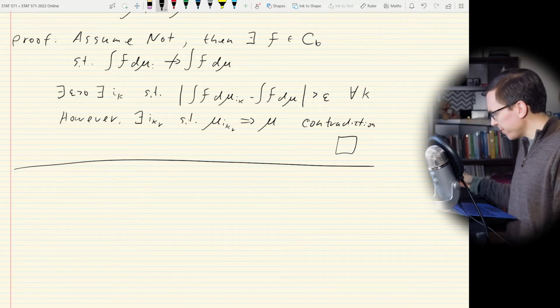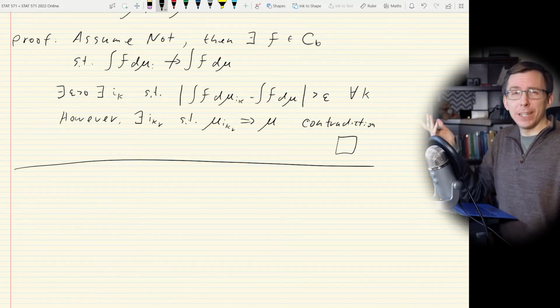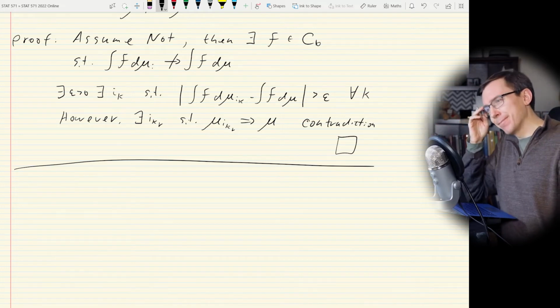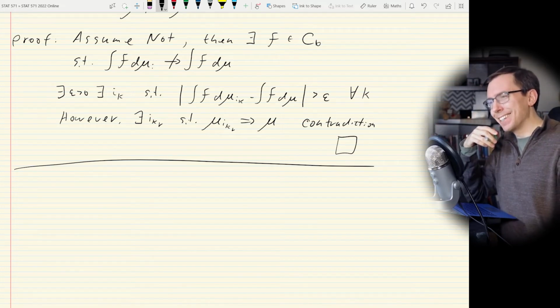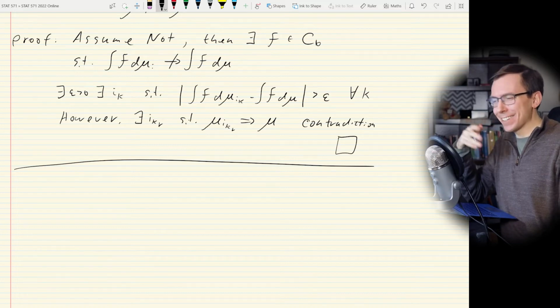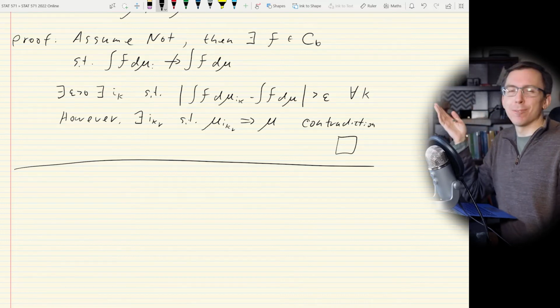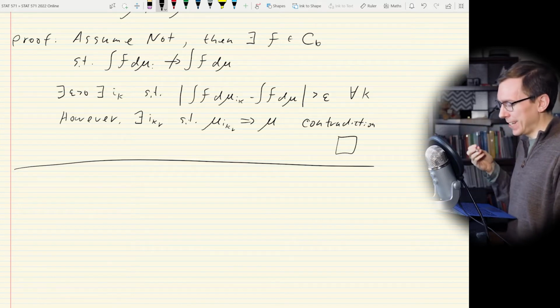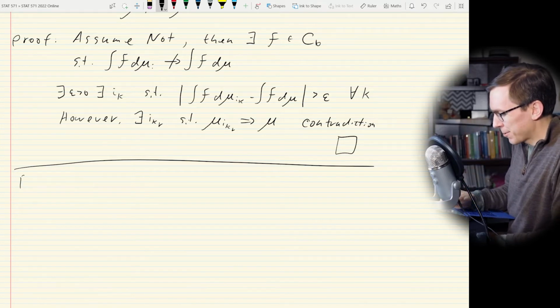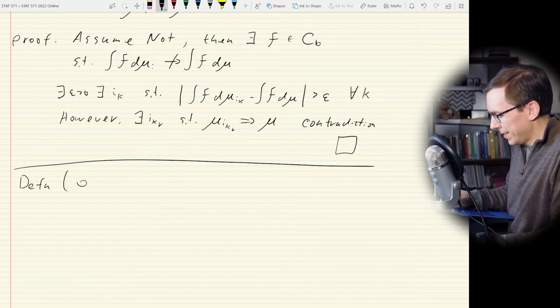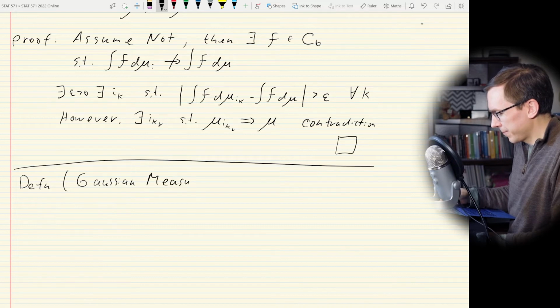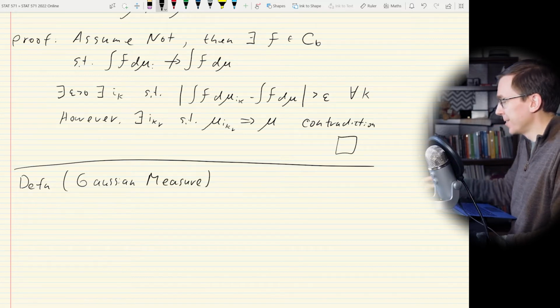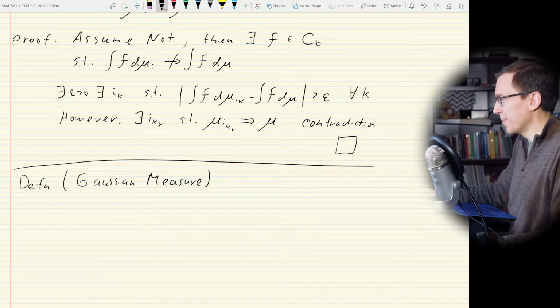Now, to discuss the central limit theorem. You've probably seen this before in a simple course in statistics or probability, where we say something converges to a standard normal distribution. What in the world is a normal distribution? Can you define it in a more measure theoretic sense? Because that's what we're about to do. What is a Gaussian measure? Because we don't have to restrict ourselves to just the normal distribution, like the standard normal.